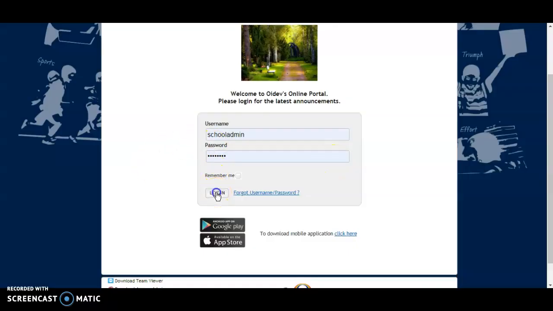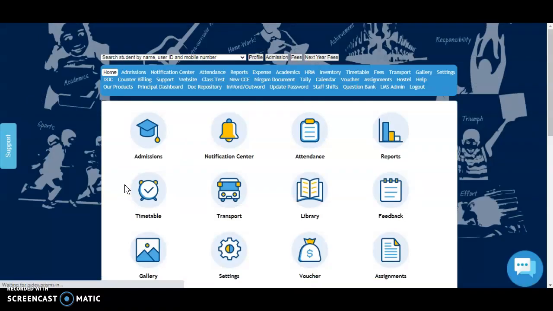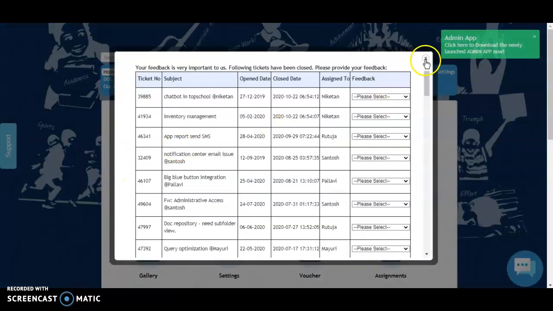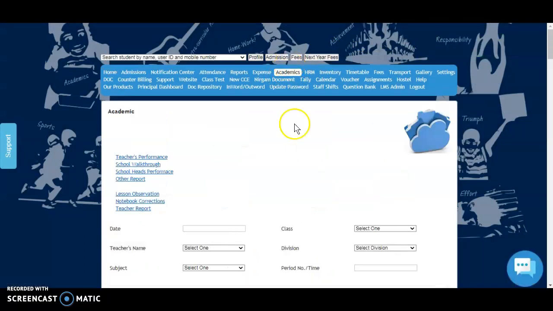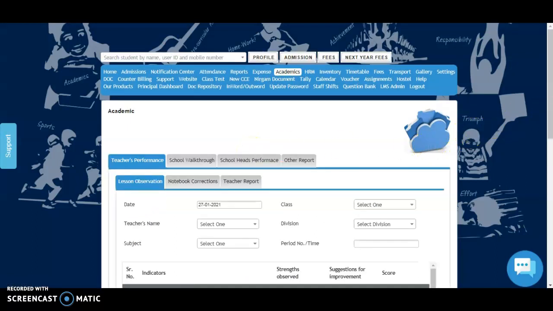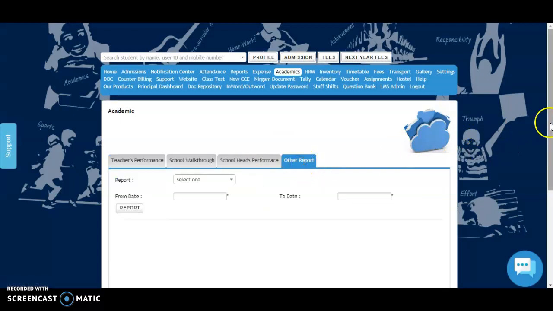So first, log into your school's portal with your school admin login. You'll see a new tab called academics. To check the reports of the lesson plan, click on the last tab, that is the other reports.